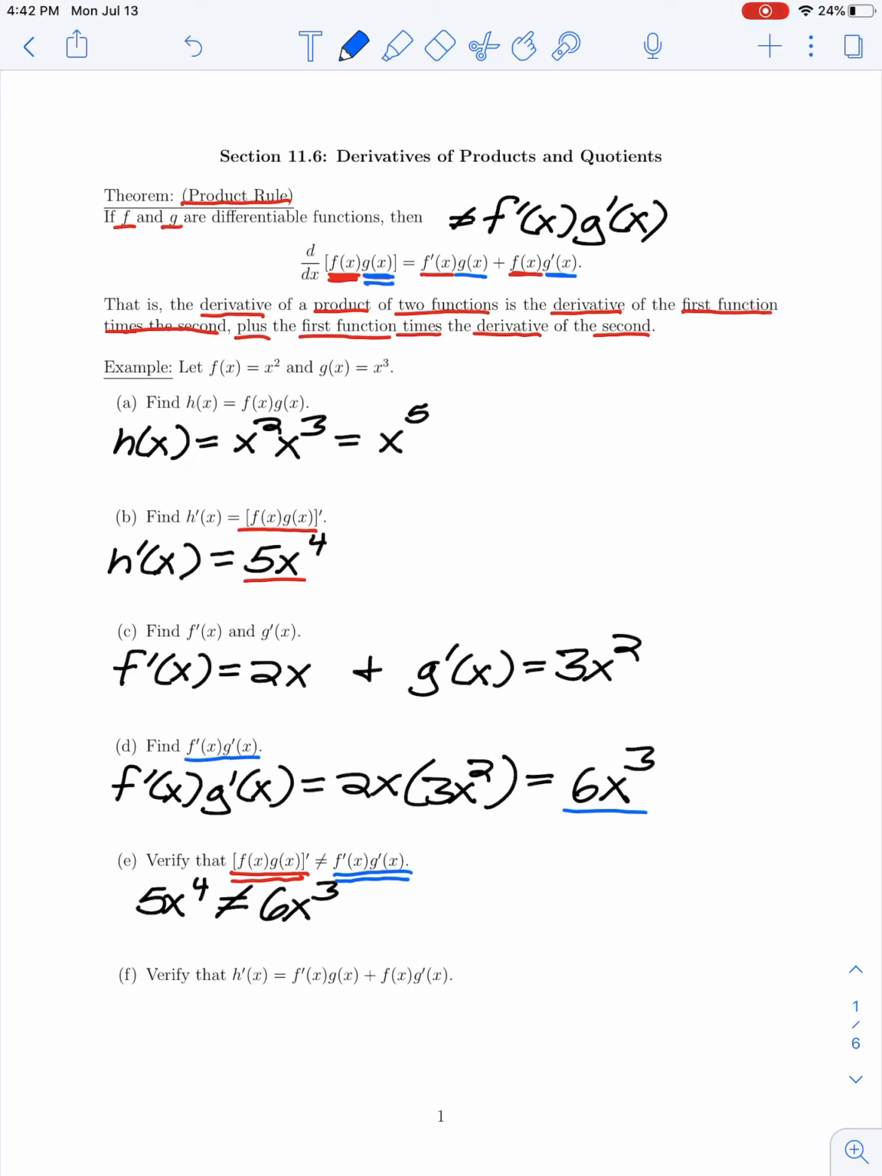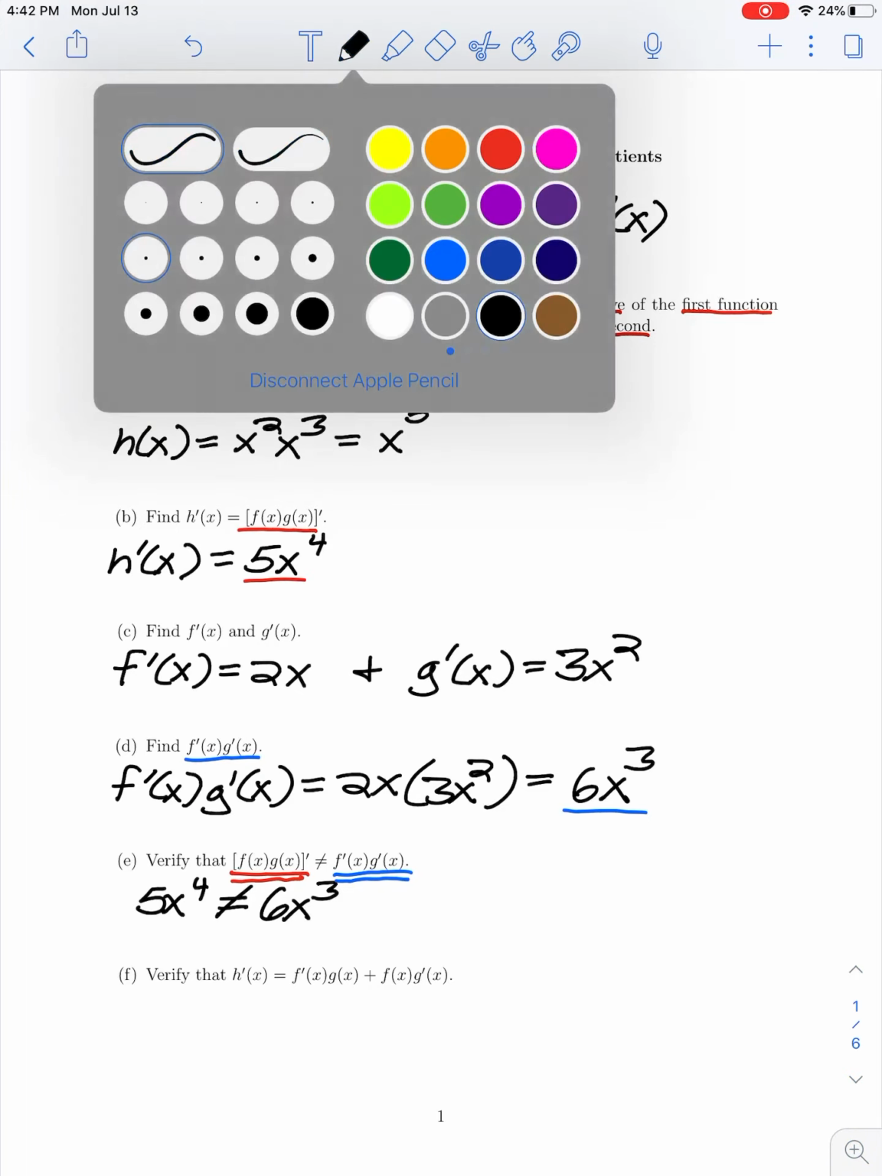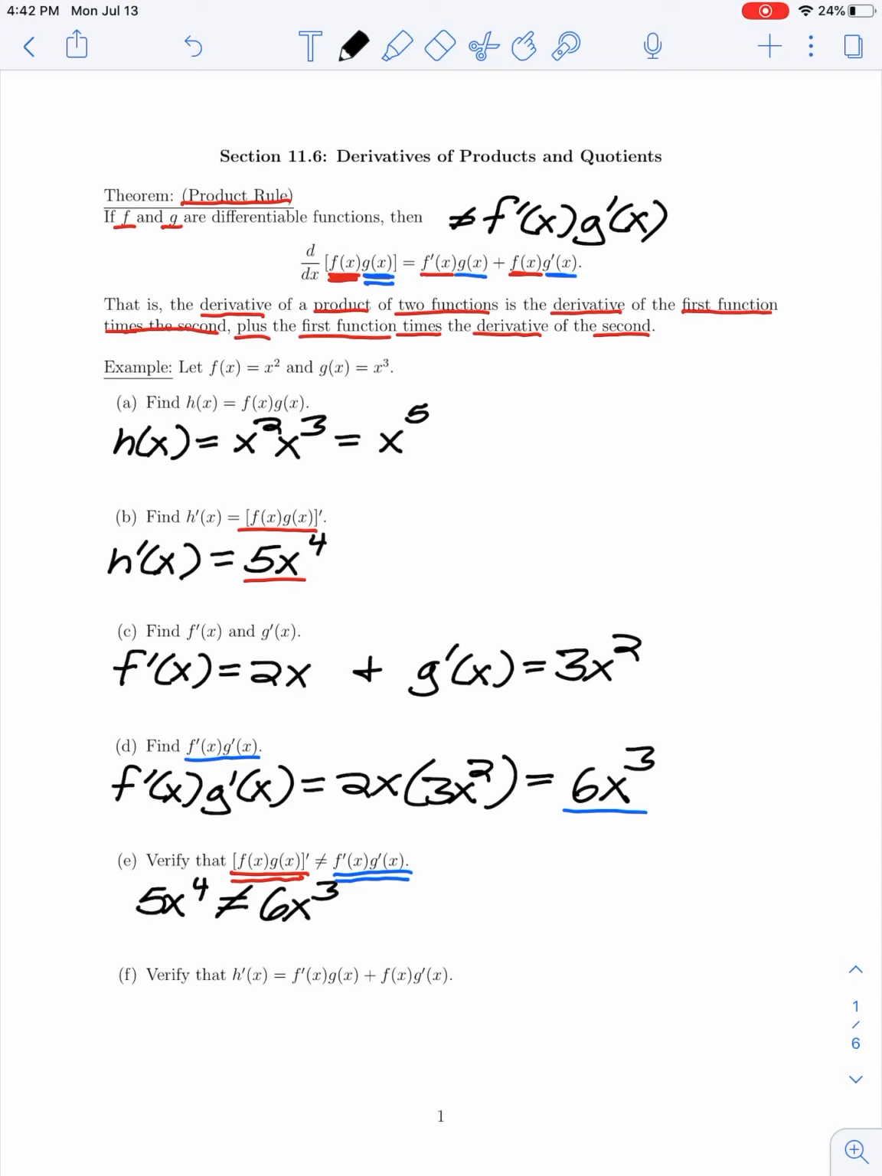So finally, in part F of this example, we're asked to verify that h prime, that is the derivative of the product, is equal to f prime times g plus f times g prime. So here, h prime of x in part B we found was 5x to the fourth. And we're asking, is this equal to the given expression on our right-hand side of this equation, which was f